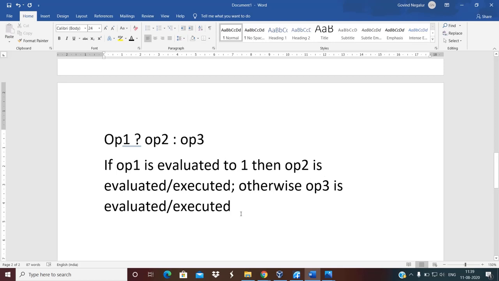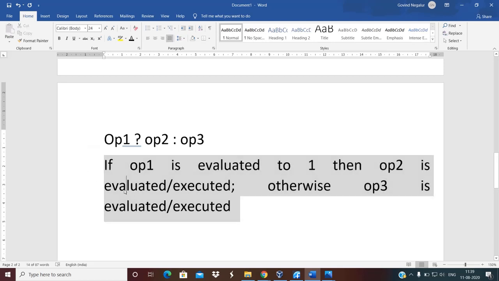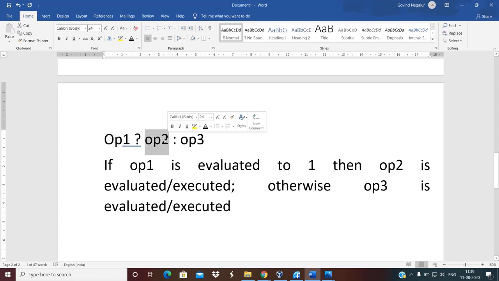So I'll read it once again. If operand 1 is evaluated to true, then operand 2 is evaluated, otherwise operand 3 is evaluated. So if it is true, operand 2 is evaluated. If it is false, operand 3 is evaluated. You can think of this as decision making.